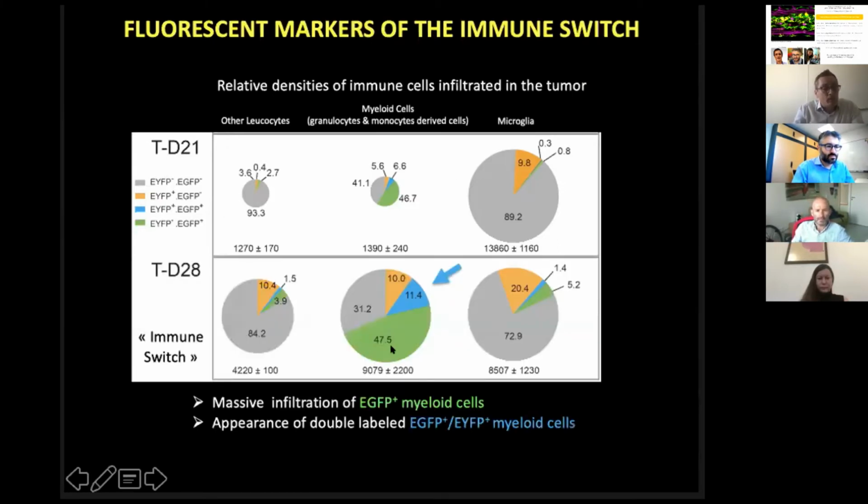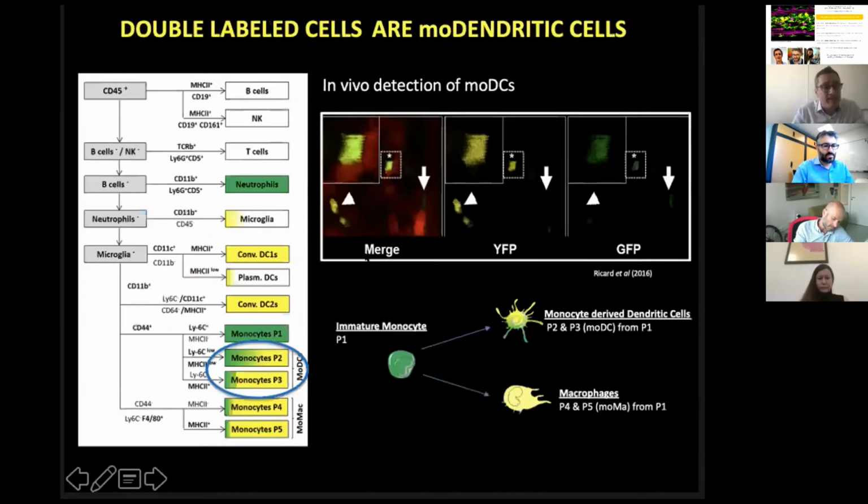At the time of the immune switch, as illustrated earlier, we have a massive recruitment of peripheral immune cells, and these are mainly green, as expected, but we also observed that there was a significant portion of double-labeled myeloid cells. And this was somehow intriguing to us, all the more as it was in the myeloid compartment. So going back to the gating strategy and checking the density of fluorescent cells in each population, it appeared that the double-labeled cells were in